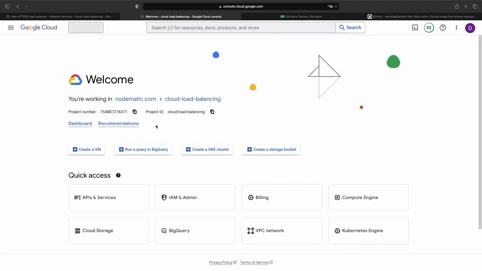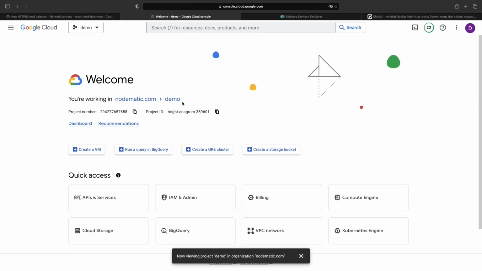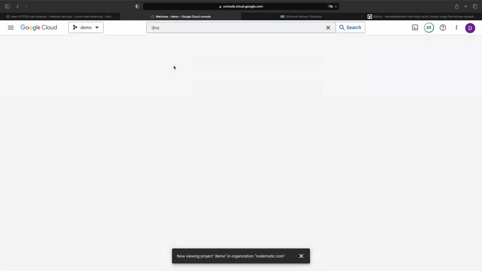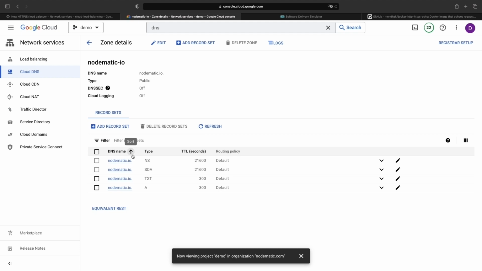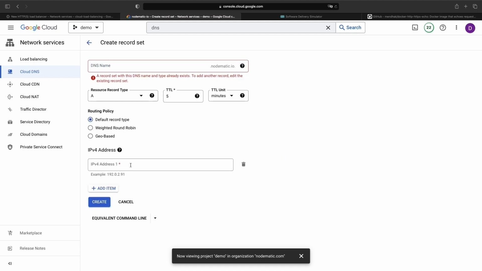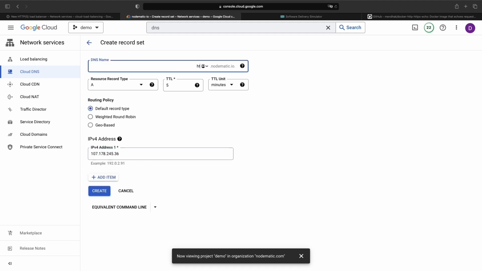I actually have the DNS zone for this domain in a different project, so I'm going to switch to that and then set up the record. Alright, so we'll set up that domain name and public IP here. Now, in theory, you could test a lot of the advanced routing capabilities without HTTPS and without the HTTPS redirect. However, while it's optional as you follow along, we'll go the extra mile here to showcase a more production-like scenario